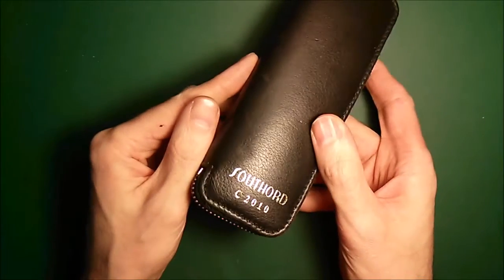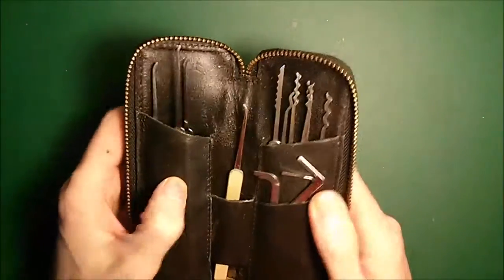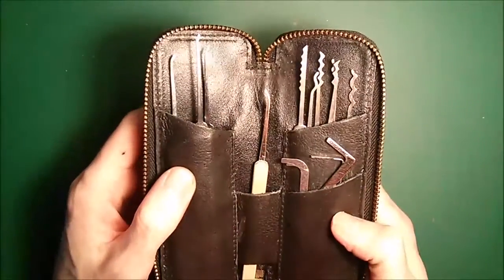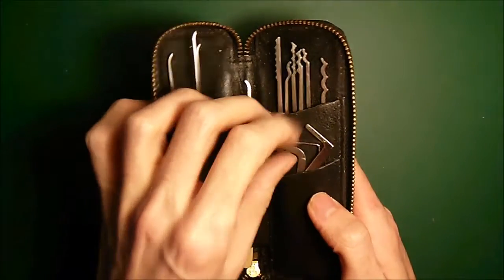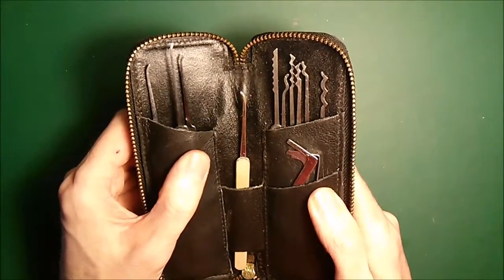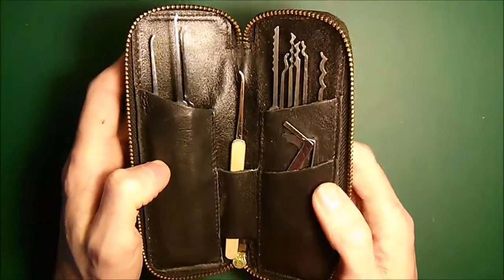Now this, although it looks like a Southord C2010 kit, is actually very different inside to what you might expect. This is my go-to set of picking tools. Not very many. Mostly just shallow and short hooks. I've got a few rakes here and just 3 tension wrenches, so 95% of the picking I do is with this little set. I'm using this case just because it happens to be the most suitable